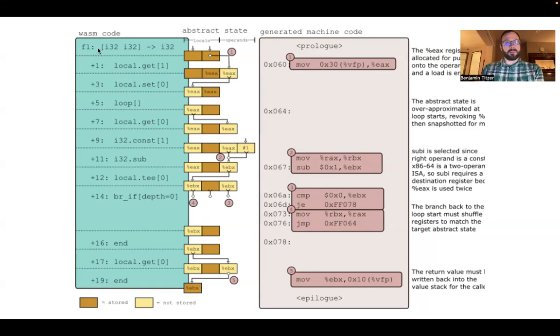First of all, the calling convention means that the arguments to this function come in memory. So they're in the value stack in memory, so they're already stored. We model them that way. Then this first instruction, local.get, effectively loads something out of memory into a register. So we allocate a register for it, and we need to actually load it. That's what this instruction came from. But notice the next instruction, which stores to a local variable, doesn't actually write anything to memory. Instead it just manipulates the abstract state. So this register gets moved there.